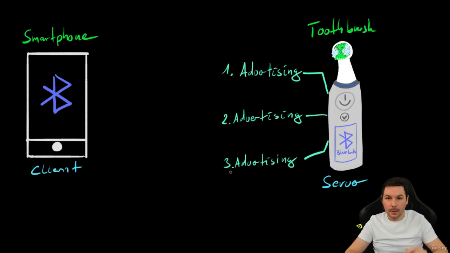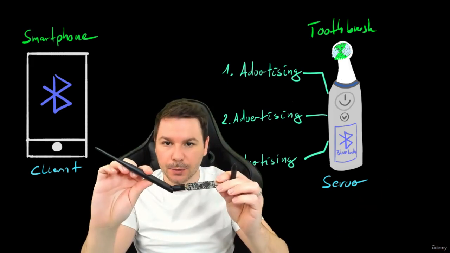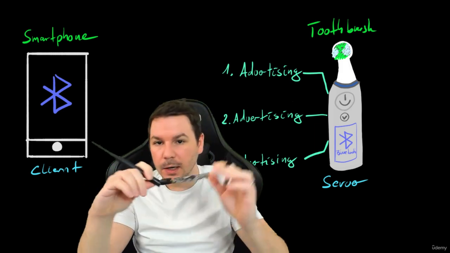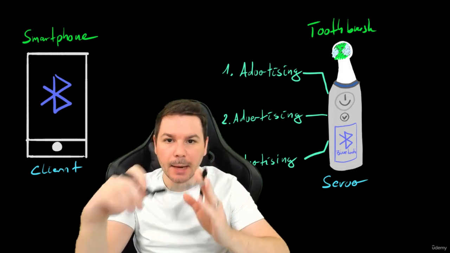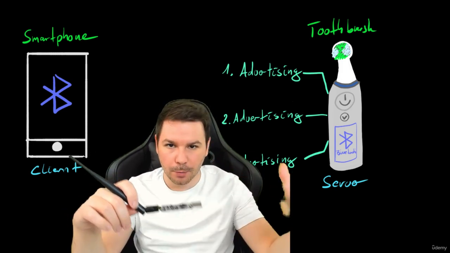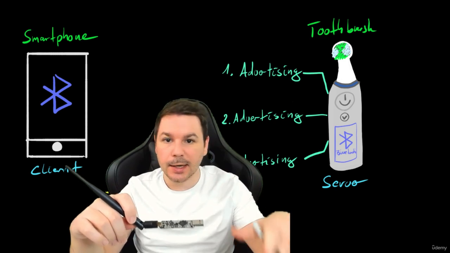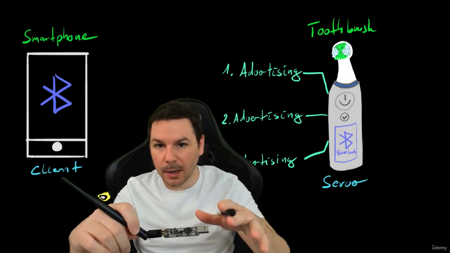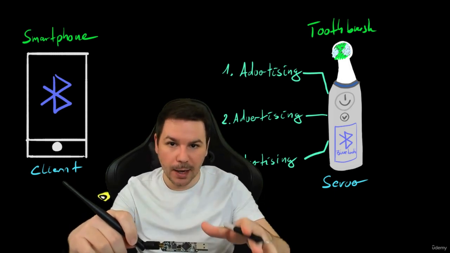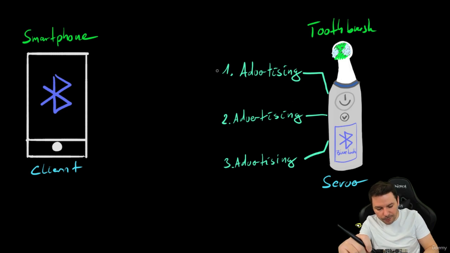This is important. Okay, why is this now important? Well, if we're using a smartphone, it isn't. But if we're using an external device, for example, this one over here. This is an Ubertooth, and we can see it has a large antenna because Bluetooth Low Energy is on 2.4 gigahertz. So this device is capable of sniffing Bluetooth connections near me right now. So I could listen to those connections, and if they are not encrypted, then I can see all the data and also interfere with it. The problem with using an external device is having those 3 advertisement channels. Because if we are listening on the first one, with our Ubertooth,